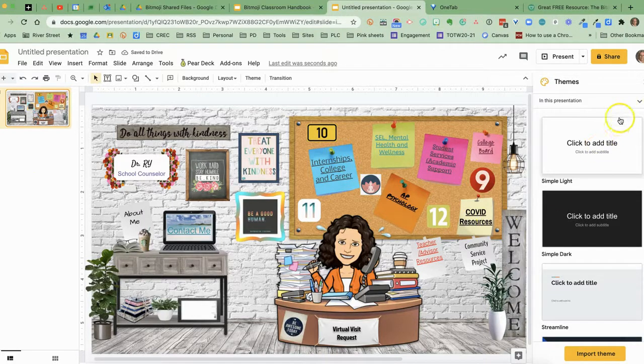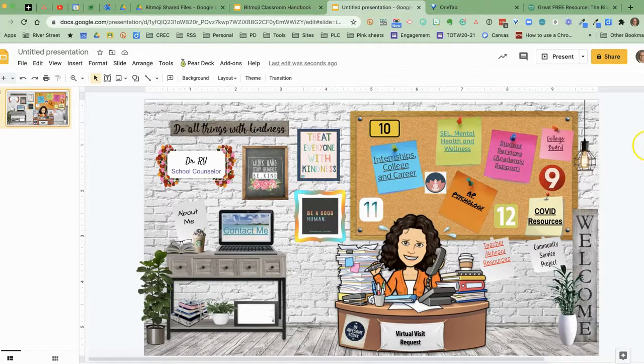Now, if I'm going to make this my room, this is going to be the tech support office, I need to modify this a little bit. I'm going to close the sidebar over here. We're not going to change the theme, just to give me more space to work. First thing I want to do is I need to put me in the room, not this particular teacher. So I could just delete that, but instead I'm going to move it out of the way for just a minute